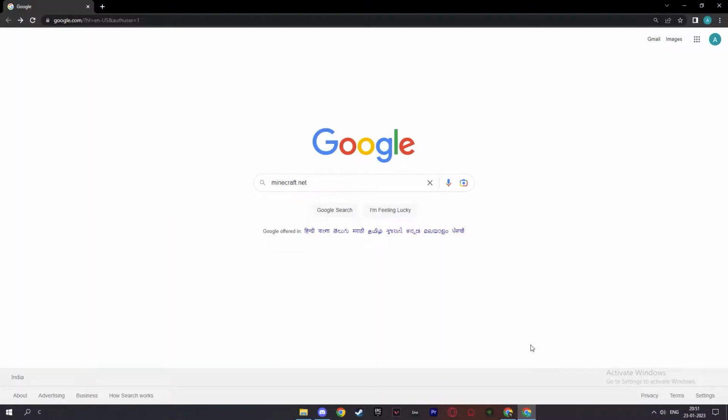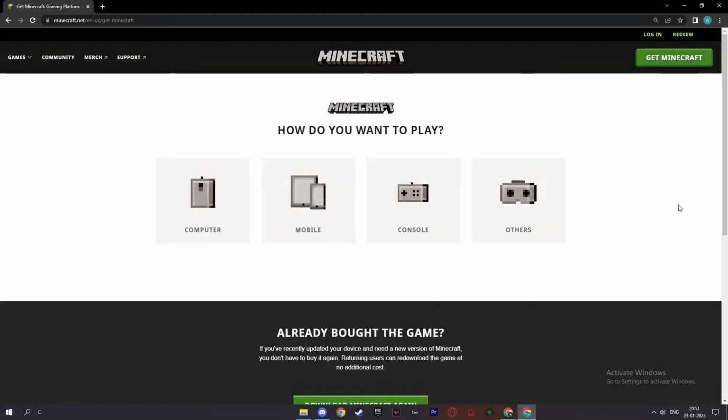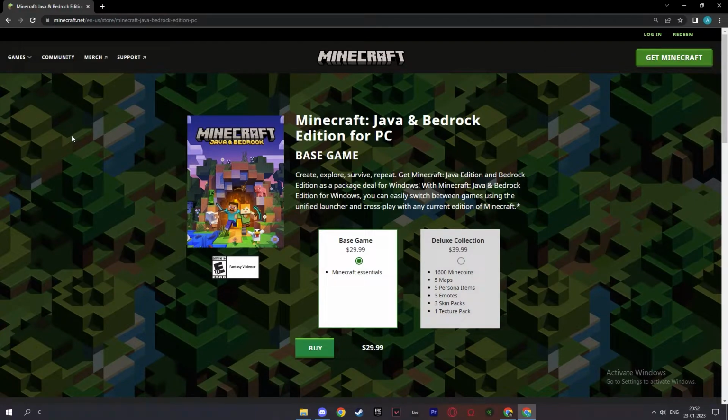Okay everyone, to start with your process, you'll have to type in minecraft.net on your search bar and press enter, and it will lead you to the official Minecraft website. And you will go to the right side here and select Get Minecraft, and you will select how you want to play it. So for now it's a computer, and you will be led to this page